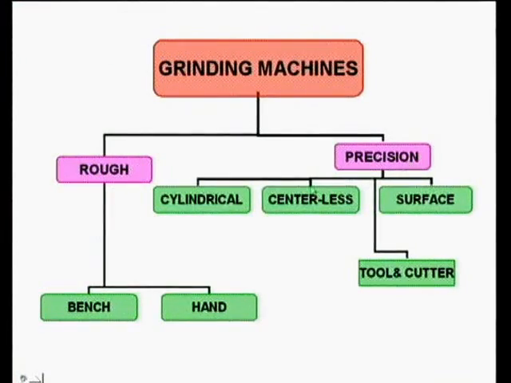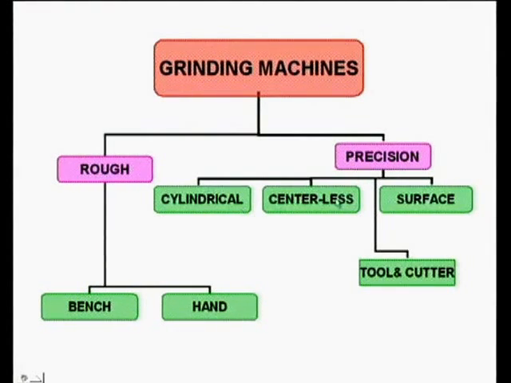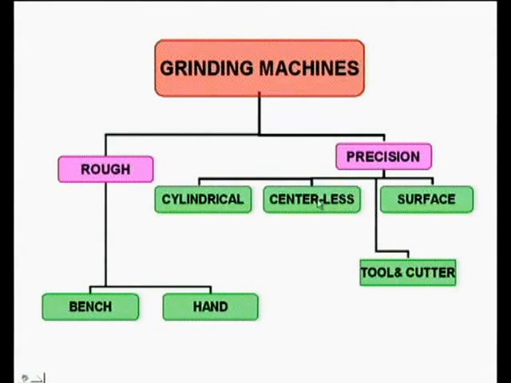Now let us see these grinding machines. Rough grinding, precision grinding. In rough grinding, there are bench, hand and flexible shaft grinders, etc., that we have learned in the previous class. Now we are going to study precision grinding: cylindrical grinding, centerless grinding, surface grinding and tool and cutter grinding. In cylindrical grinding the workpieces are cylindrical, whereas here they are not cylindrical or do not have a perfect center, or are awkward pieces, and where the surface is flat, we can go for surface grinding. This is how the classification of different machines can be done.